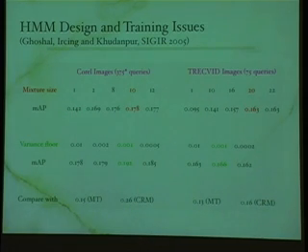Part of it may be that the video quality is much lower, because the Corel images are fairly high resolution. With TREC, you get VHS quality video. So that might be part of it. The other might be that in the case of the Corel images, it's very clear. You have pictures of bears, flowers, buildings. In the case of TREC, you're looking for cars in regular news footage. You're looking for people. So it tends to be a harder problem overall.